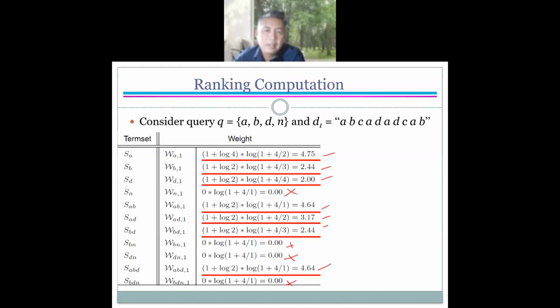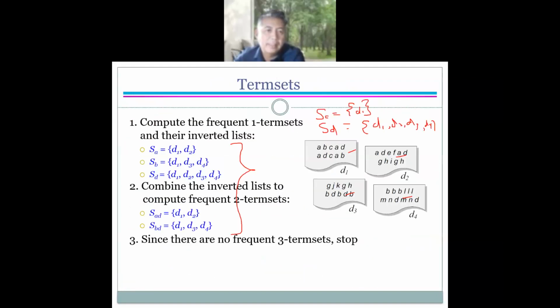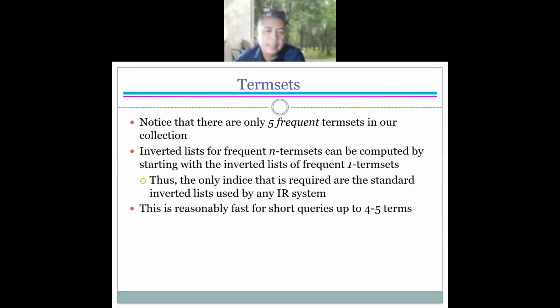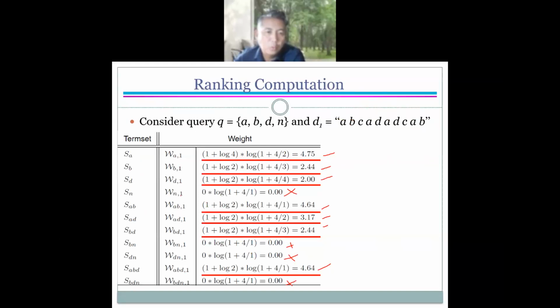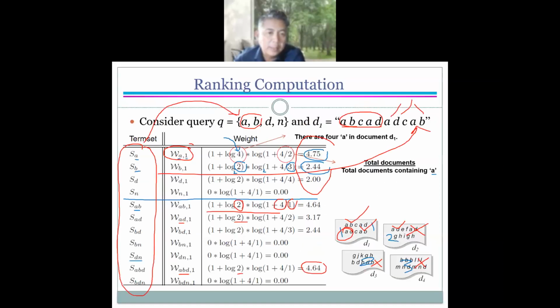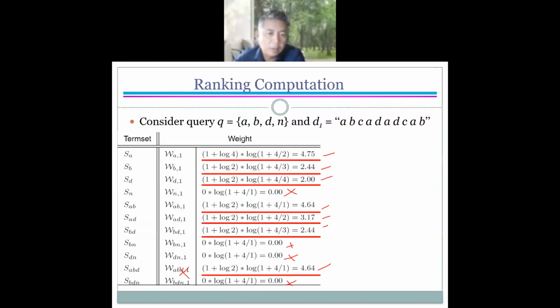Okay, so if I say we only compute the ones which are frequent, the ones which are frequent will be this only: A, B, D, and then A, D, and B, D. So in this calculation, we will not include this. The frequent ones are AD and BD. So we will not include this one. Okay. So the next stage is